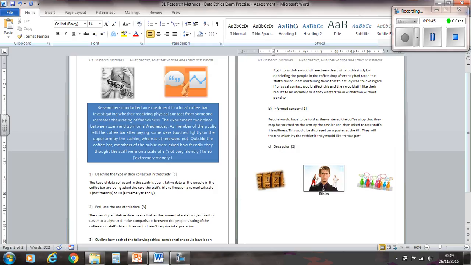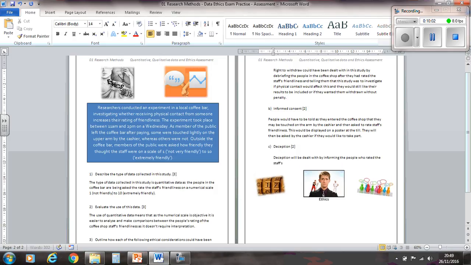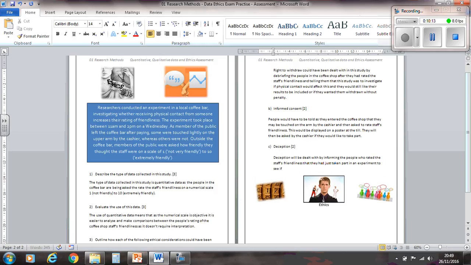Deception. So how are you going to deal with that? So deception will be dealt with by informing the people who rated the staff's friendliness that they had just taken part in an experiment to see if physical touch affects friendliness. In fact, you could say it affects perceived friendliness of staff,